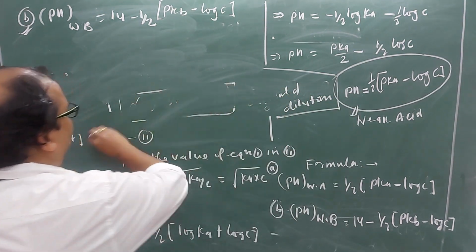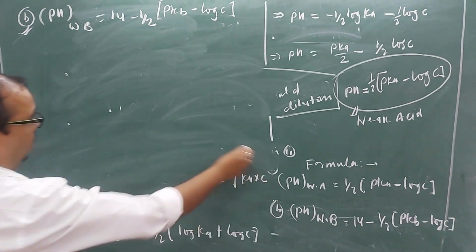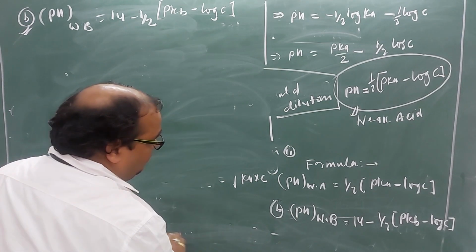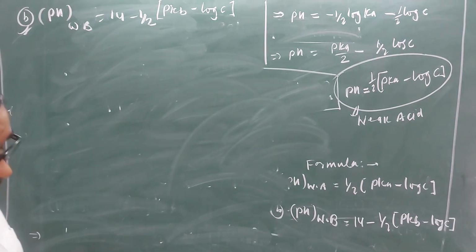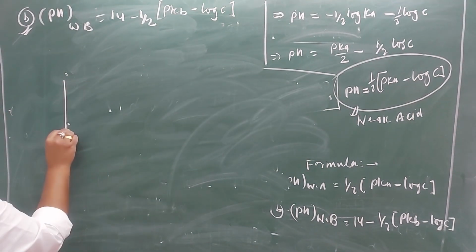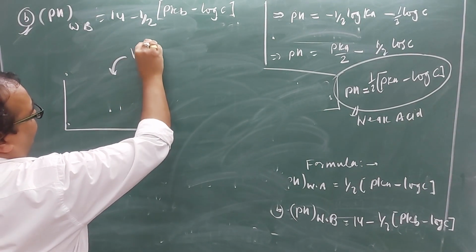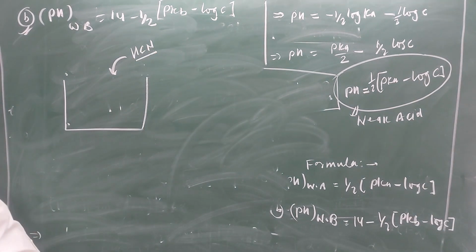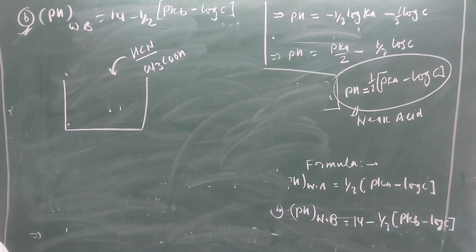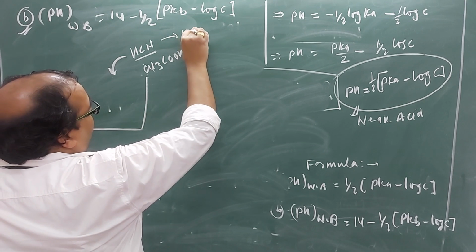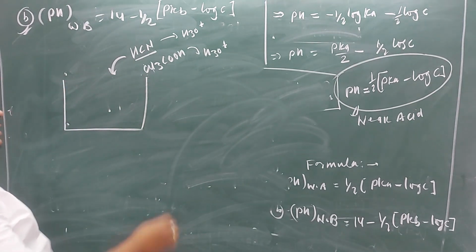So I am going to the next part of this lecture. To calculate the total hydronium ion concentration and total hydroxide ion concentration, if you have taken the same species. Suppose this is the reaction vessel, right? And you are mixing here HCl. This is the weak acid. You are mixing here CH3COOH, that is acetic acid. So it will also give hydronium ion in aqueous solution. So in that case, what will happen?